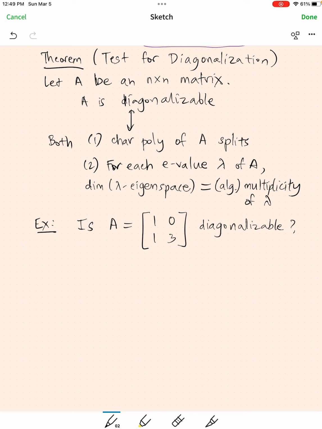Well, let's first look at condition 1, the characteristic polynomial. Okay, well, I have two distinct... so can I see what the eigenvalues are? Yes, this is a lower triangular matrix. I have 0 here. The eigenvalues are 1 and 3. So the characteristic polynomial